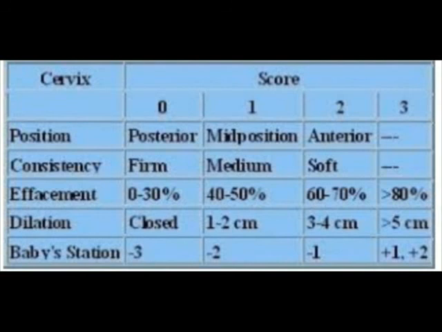What about effacement? As I've told you, effacement usually comes in exams and length is not given. Okay, when we talk about length, that is 3, 2, 1 and 0, meaning 3 is when the score is 0, 2 is when score is 1 and 1 is score 2. Okay, 3, 2, 1, and when we have 0 length, then we give score 2. In the dilatation, if it is closed, give score 0, and if it is 1 to 2, then score 1. 3 to